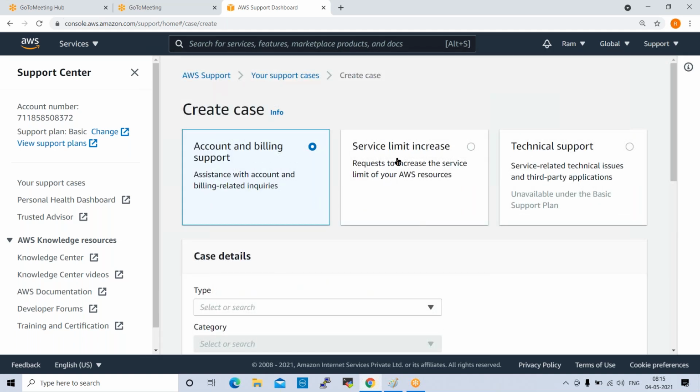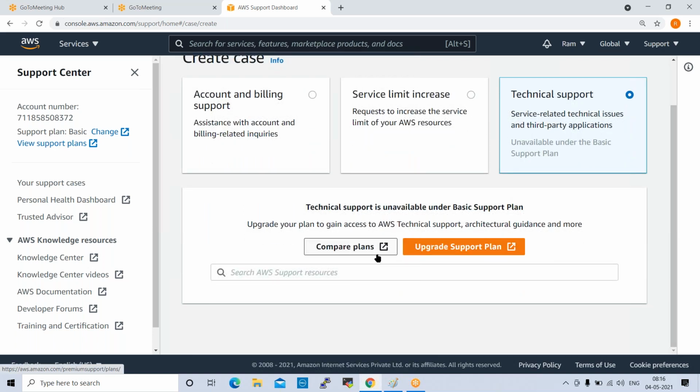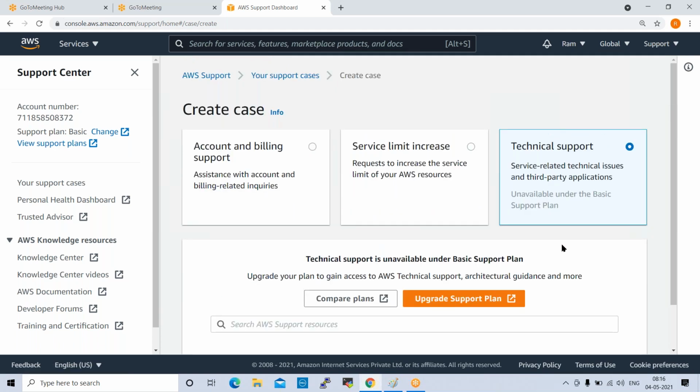If you want to create a service limit increase request, you can select this. Or if you need technical support, you can select this and give your details, what the issue is. You need to update that, and then you can submit the case.